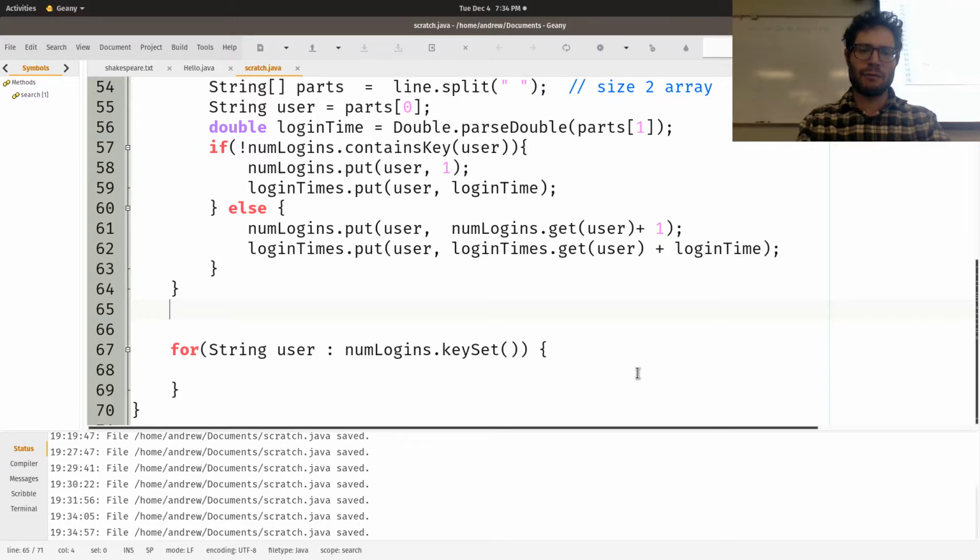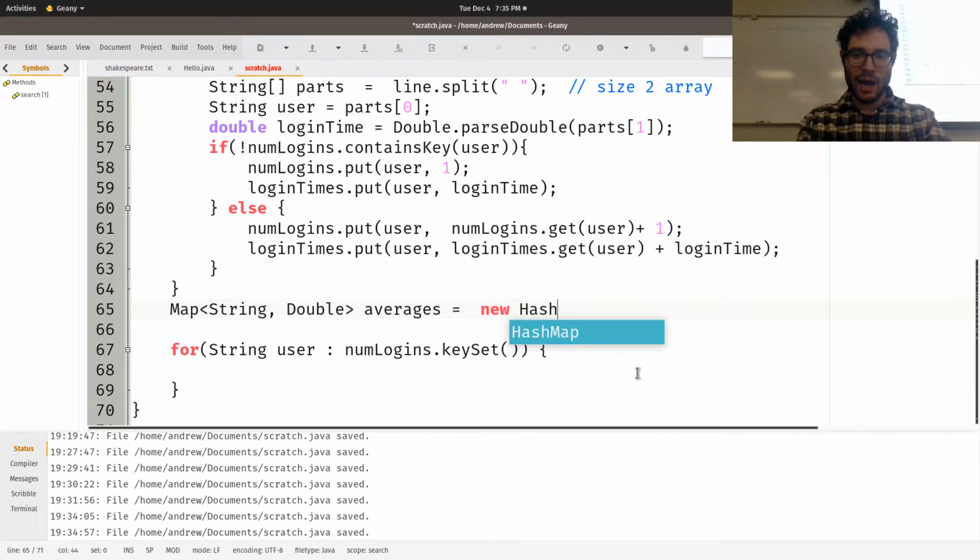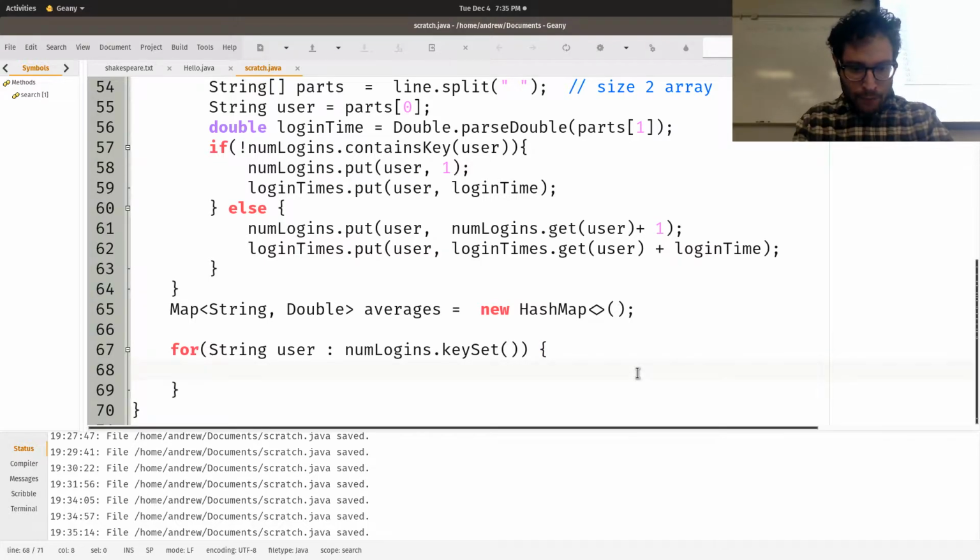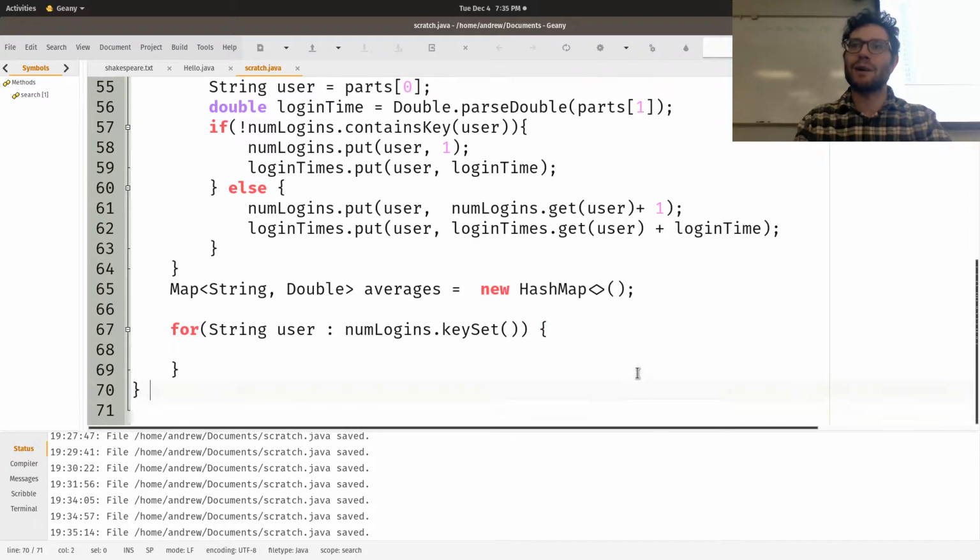So let's assume we want to return that. So Map<String, Double> averages is equal to new HashMap, for every user in the login set. So for every user who's logged in, who has a login, I'll go ahead and not do this in one line, but we want to get the number of times they logged in. I mean, we could, but